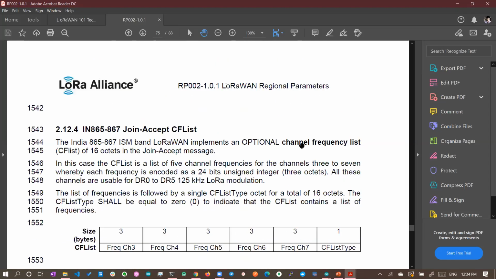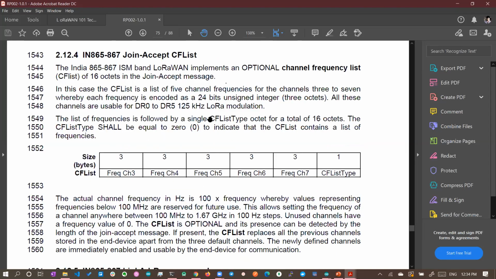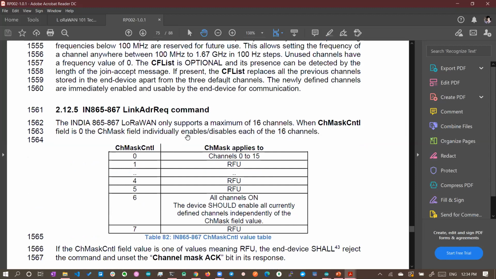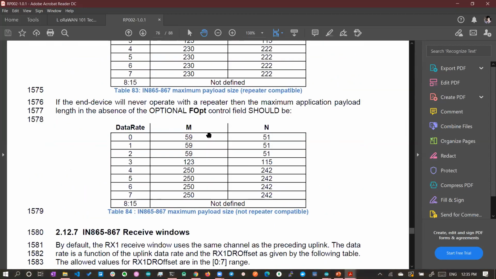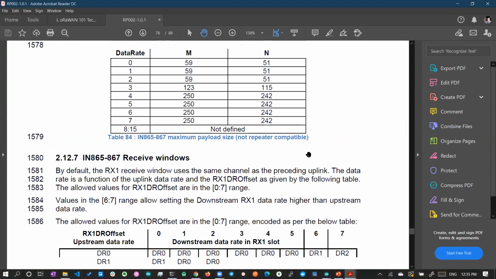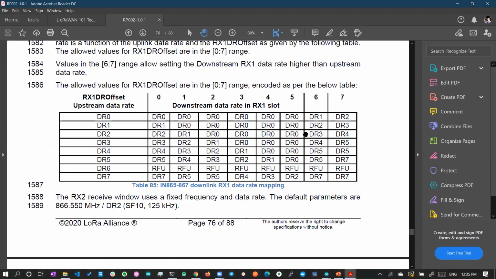So next, what else we have? We have frequency channels for join, for downlink, uplink. We have different channels. Once you have become pretty familiar with LoRaWAN and TTN and all, you can go and dig further in detail and read these documents. Initially if you read this, it's not that easy to understand. Okay, fine.